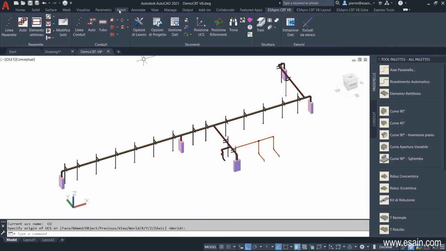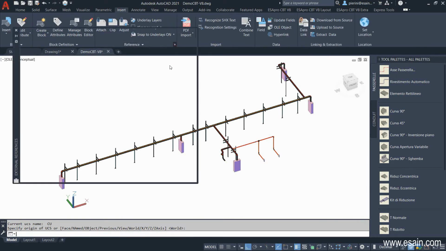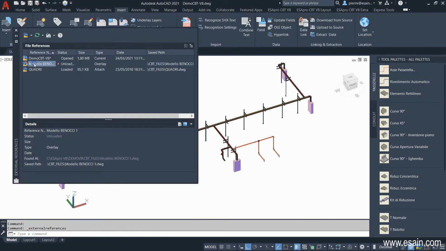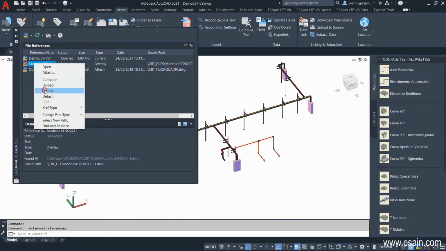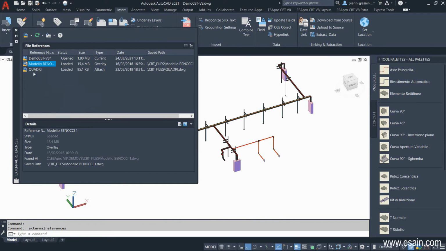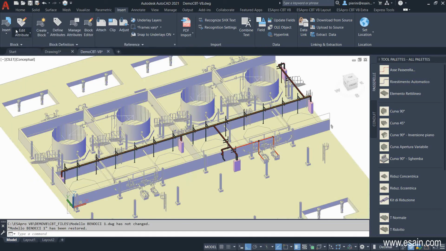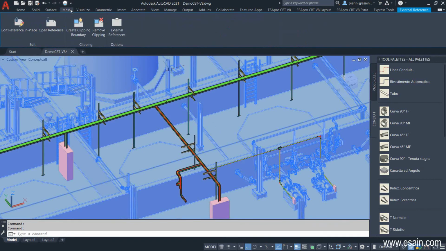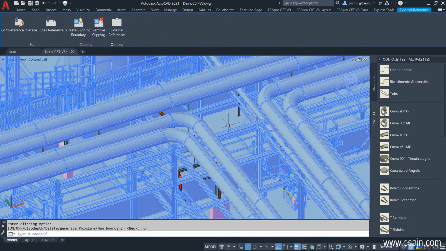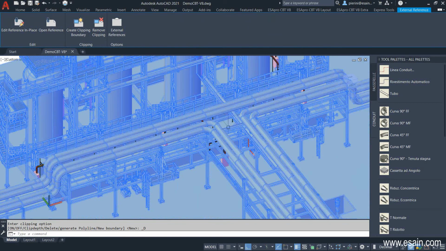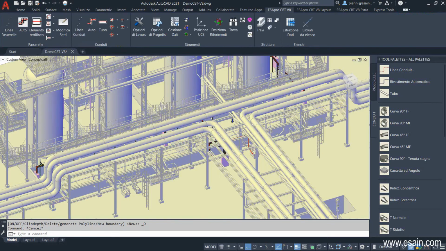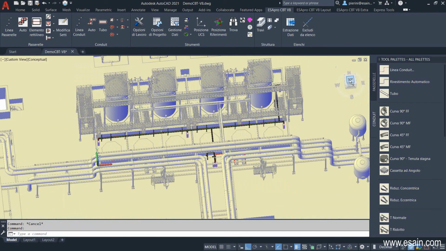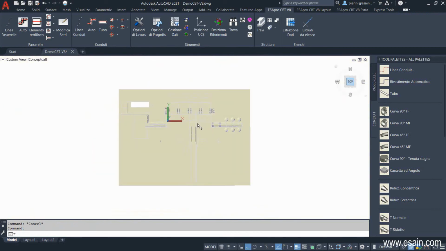Now it's time to check the general assembly. Then we go in the external references palette and reload the 3D model in memory. So we have a complete view of the plant, and we also have the ability to check the interferences. In fact, through the command drawing check, AZA Pro is able to detect all the clashes between the cable trays we've just modeled and any 3D geometries made out of solids.